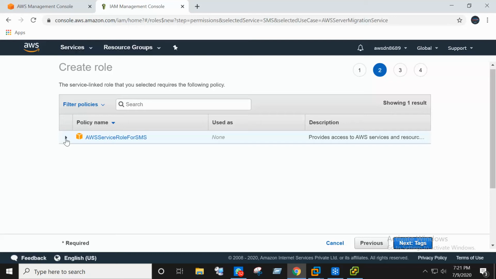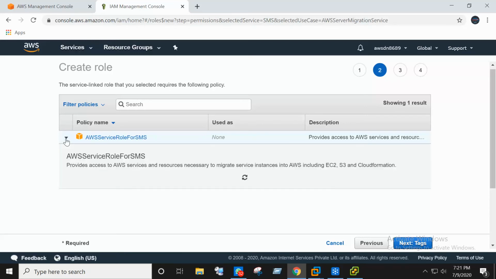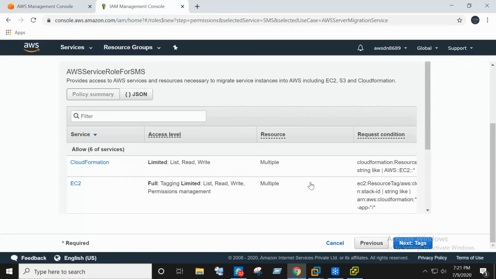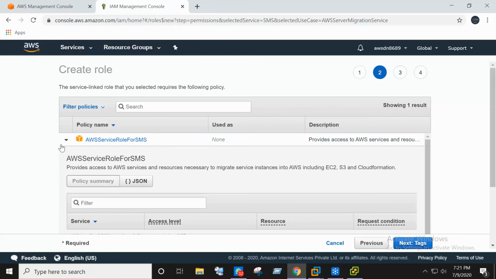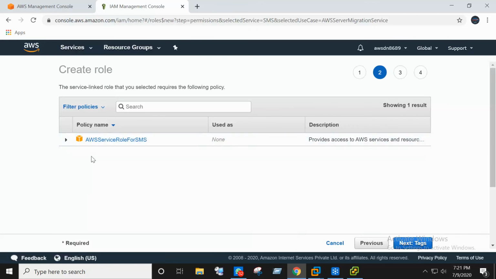Basically, previously the name was different. The previous name was server migration service role. The name has changed to AWS service role for SMS.